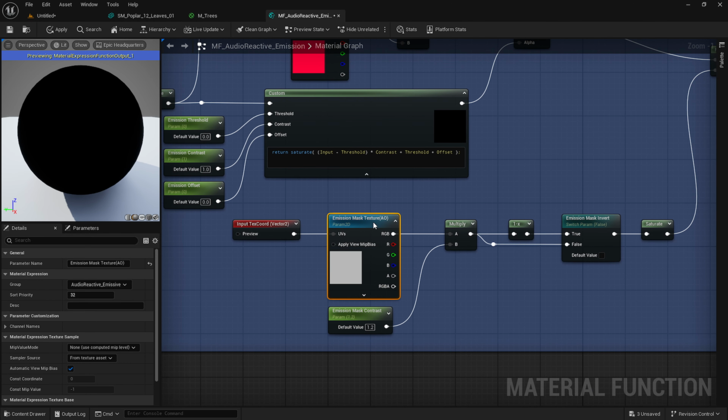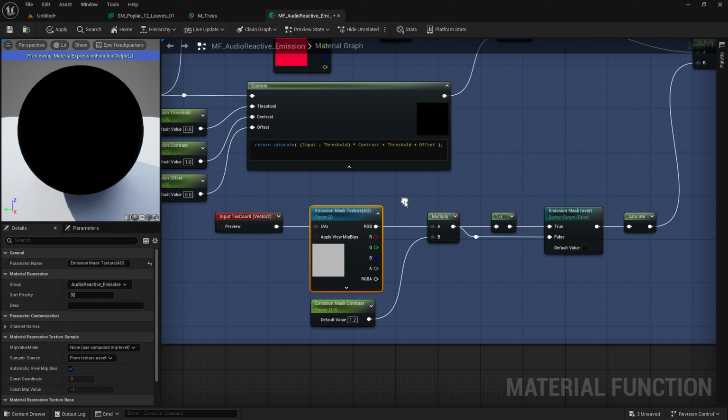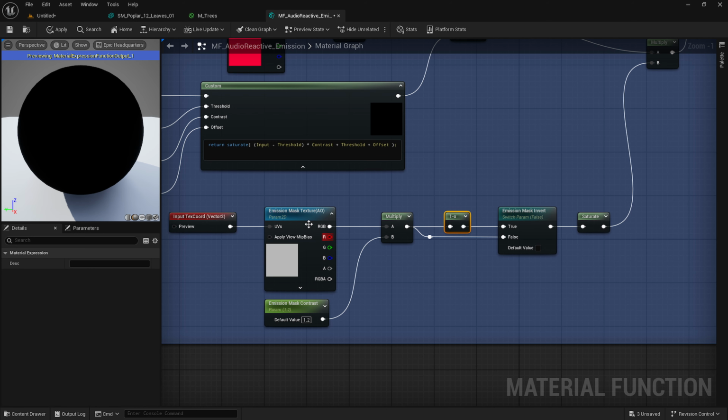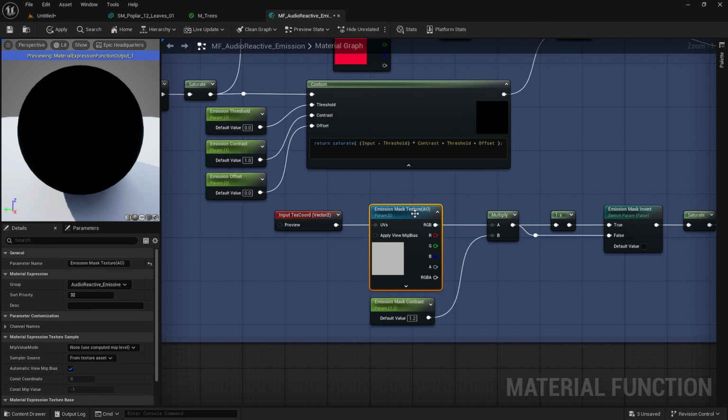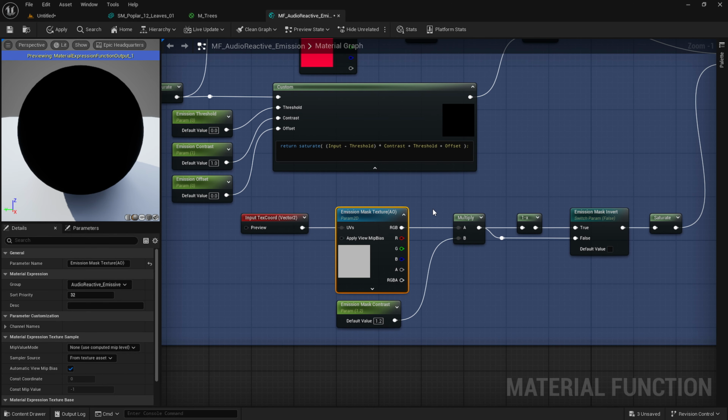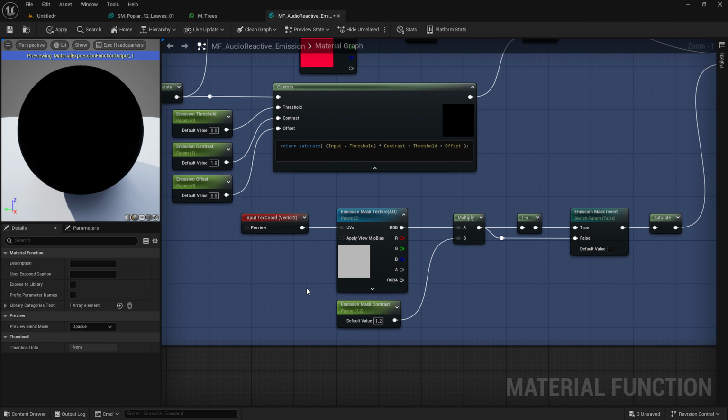So I currently use an AO texture since grayscale works great, especially with like edge detail. That way when you do invert, you can get like a brick to emit, or if you invert it, you get the grout between the bricks to emit. And I find that looks pretty cool. If you want to use your own texture on this though, just use it as you would. Bring in a diffuse or an albedo texture and just use a single channel. That way it's still just grayscale.